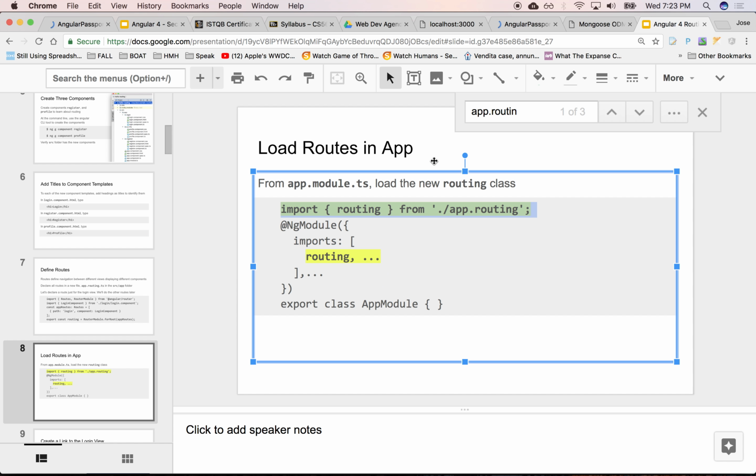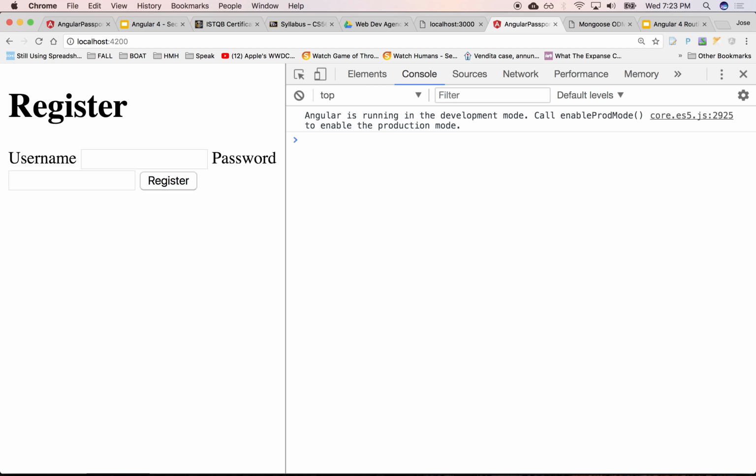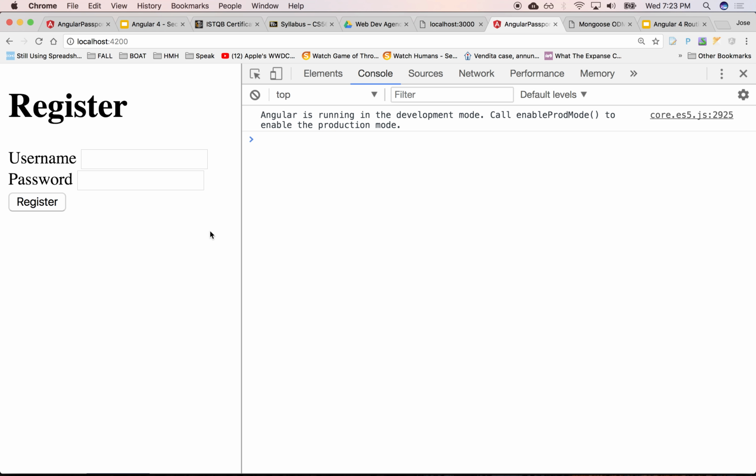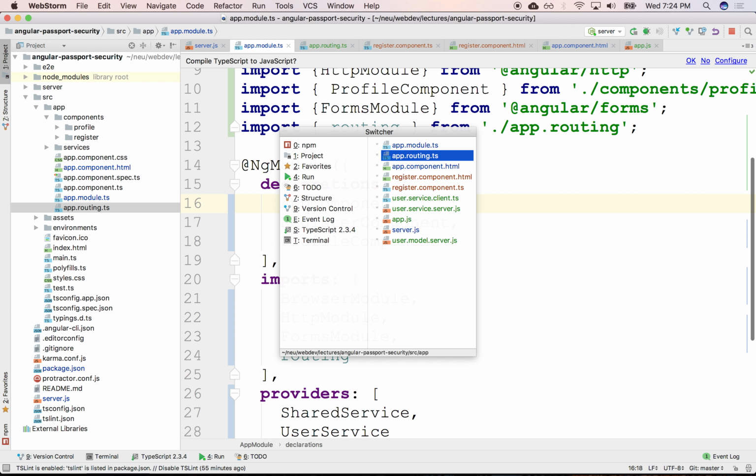Let's see if this keeps complaining. All right, now we have our register. Right, that's routing. Okay. Actually, we don't want it to be at the upper level, right? Perhaps we want it to map to /register, or /login, instead of being at the top level. So what we could do is that in our routing,